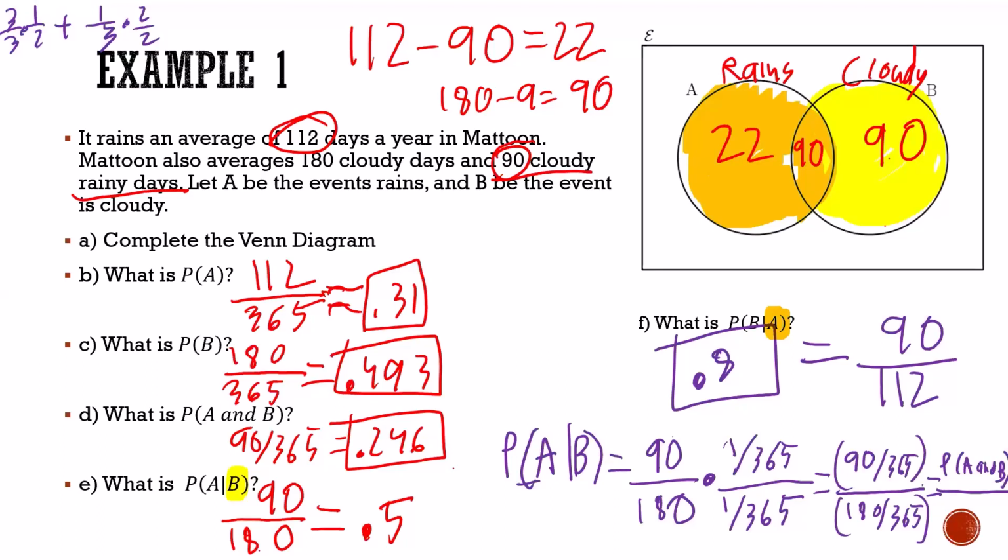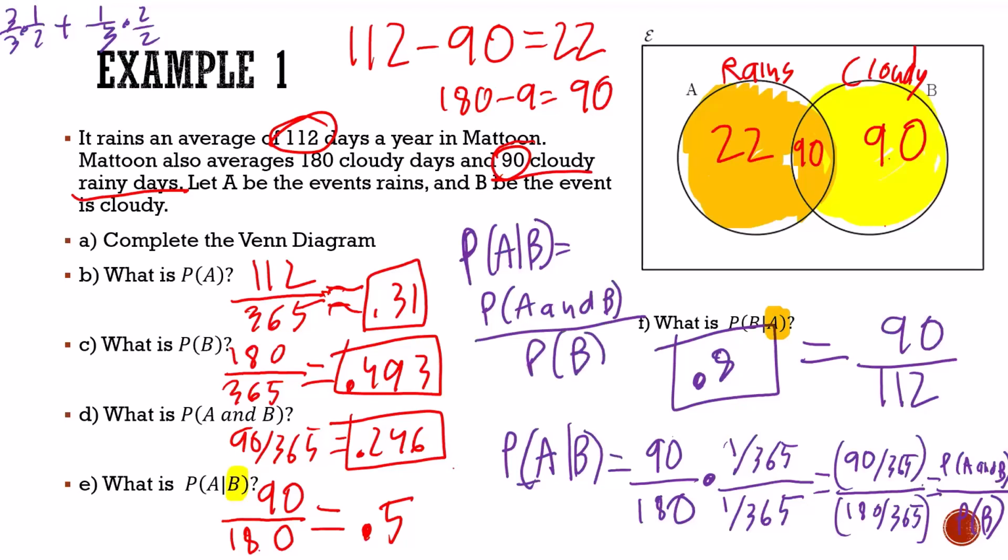And 180/365 is, so we just discovered the formula for A given B. Probability of A given B is equal to the probability of A and B